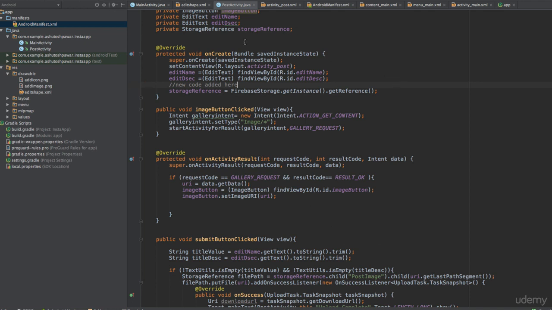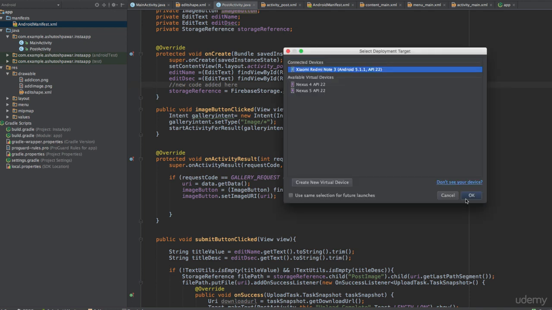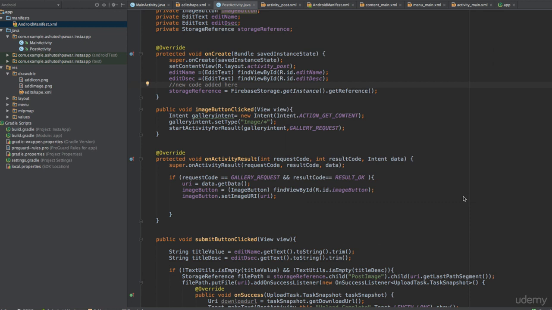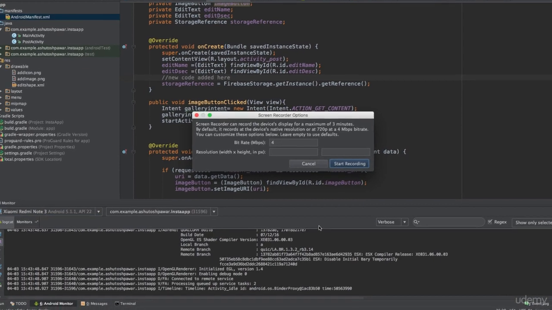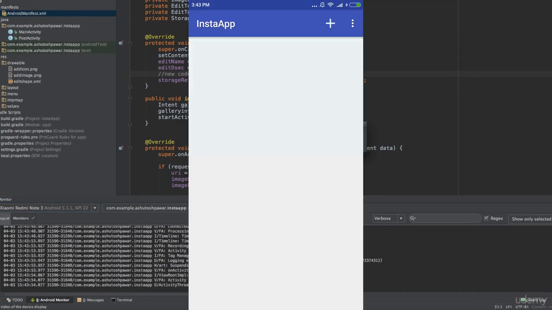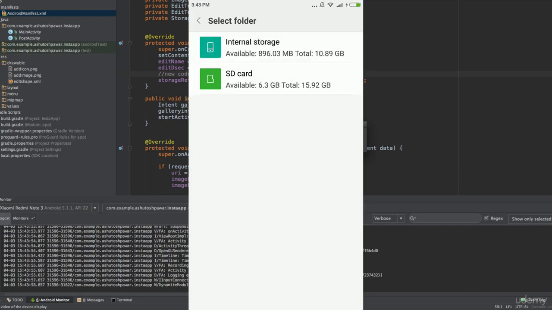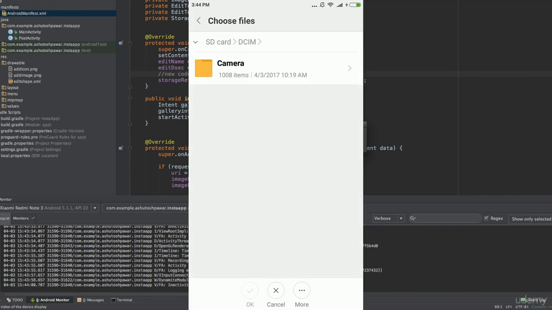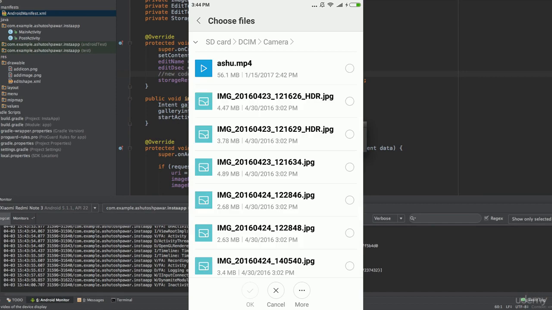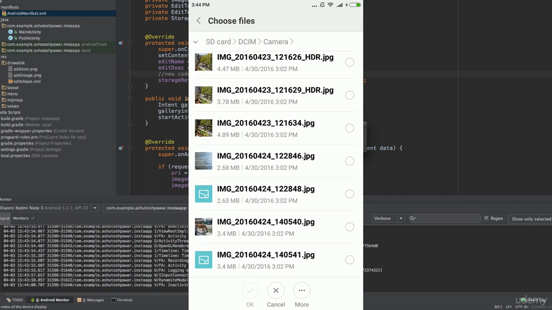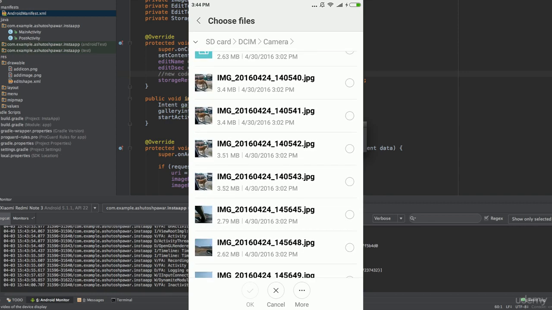So let me just demonstrate that by saving the code and running the application on my device, just to show you guys that everything works correctly. So I'm going to record my screen over here, and as you could see, I'm going to click the plus sign, click this button, go to SD card, my camera folder, and in here let me select some image, let's say this image right here. So when I click OK,